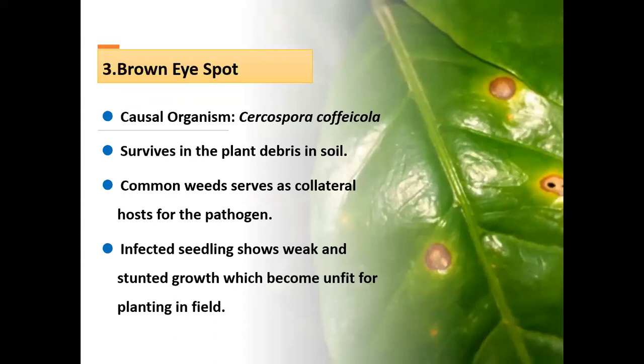It is caused by the fungus Cercospora coffeecola, and here also the fungus survives in the plant debris in soil, and this pathogen infects many hosts at the nursery level. Many of the weeds which grow in and around the nursery are infected by this pathogen. Infected seedlings show weak and stunted growth. Here the seedling won't die, but it shows weak and stunted growth and becomes unfit for planting in the